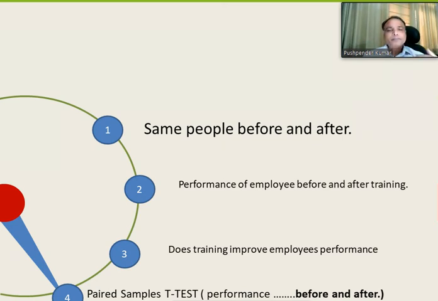And here before and after are just two situations, right? But there may be a situation that we want to see the impact of yoga or meditation after 1 month, after 2 months, after 3 months. So here we have three, or you can go beyond. So when we have three or more, we use one-way ANOVA, right? So now I hope this is clear. Now let us move further.